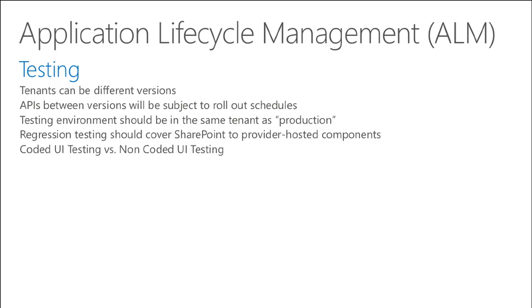I think in terms of testing, we know that tenants within Office 365 can be different versions. There is a rollout strategy that Microsoft is getting very good at, and so we're speeding API changes and bits to the different tenants. But there may be an instance, if you try to divide up your ALM process across multiple tenants, that you're not deployed to the same bits, right? So the API versions are going to be subject to rollout change. For example, if we introduce new features and you're counting on that feature being in your integration environment tenant, it may not be deployed to your testing environment or your production environment tenant. So you want to be conscientious of where you do your testing.